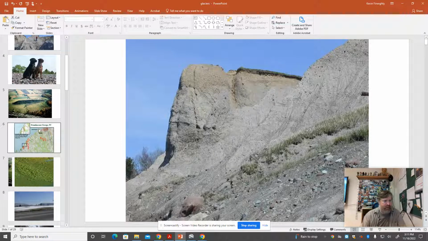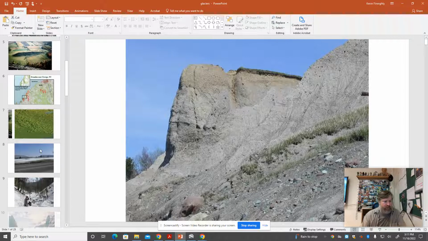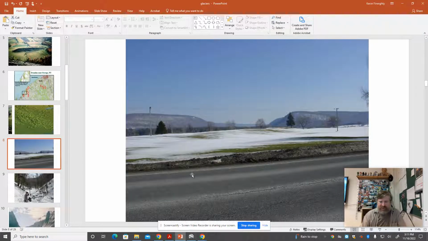Hey, all right. How are we looking? Drumlin. Next. And again, the sheet doesn't quite go in this order, but I got them all in here at some point. U-shaped valleys. This is one I took outside of Tully. If you ever go to Labrador Ski Mountain or down towards Truxton,